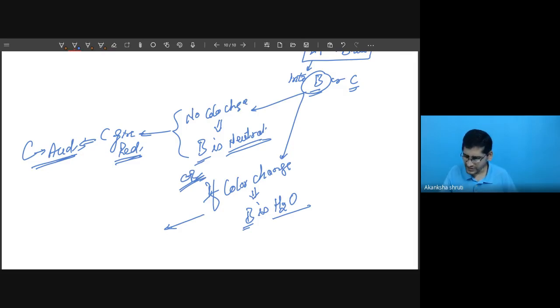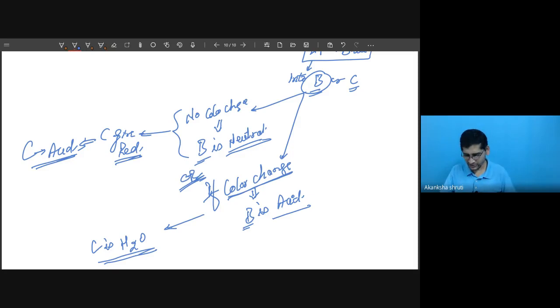And if it occurs like this, in this case B is our neutral, means color change, B is acid or base. Color changed in B, the blue color became red, so B has to be our acid, not water. B is neutral in this case, first we considered. So B is our acid. If B is considered as acid, this implies C is water. So this way you have to write the logic only.